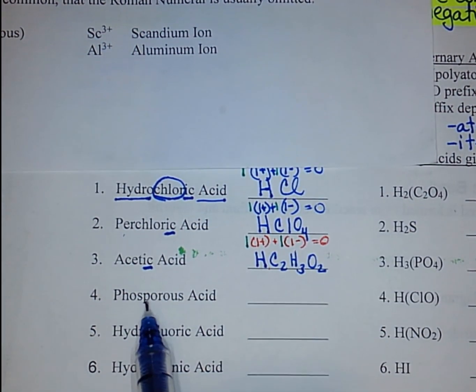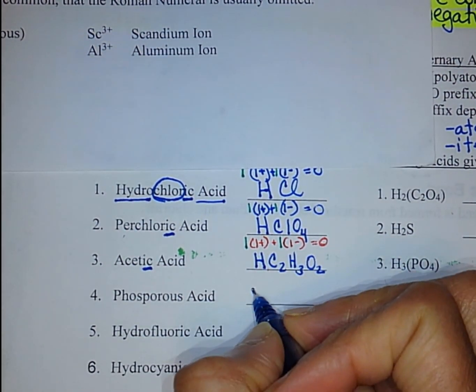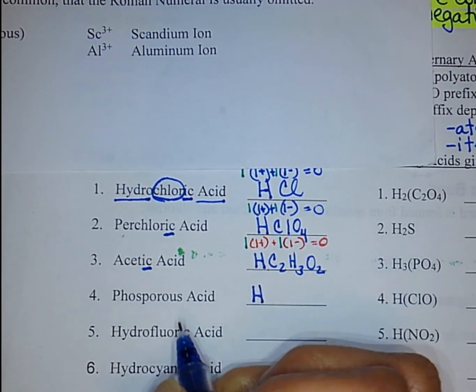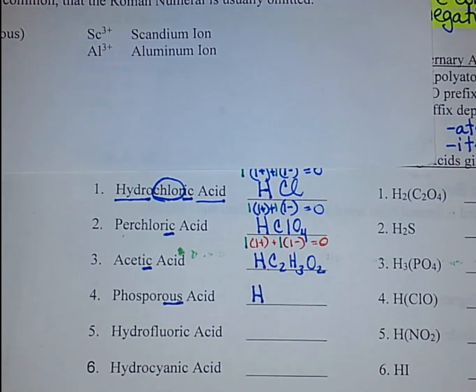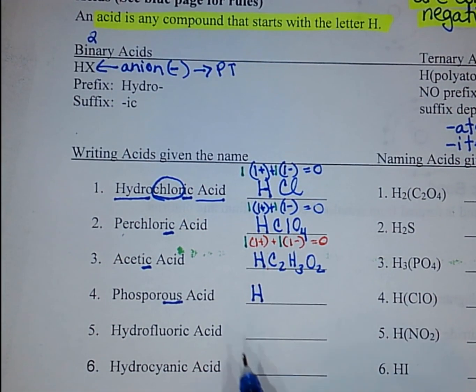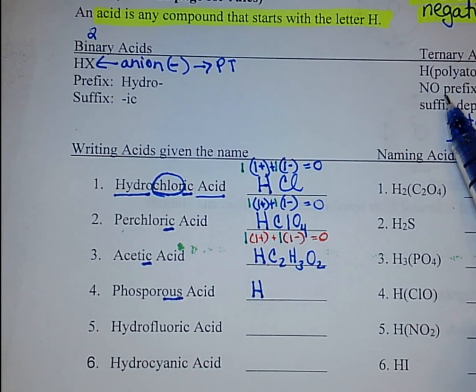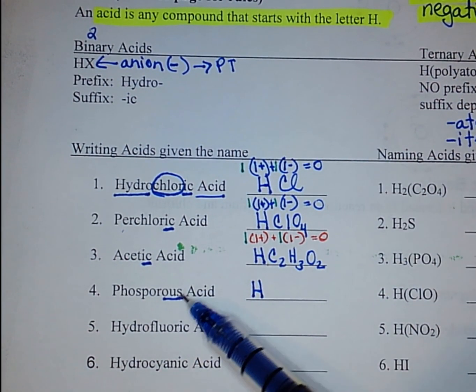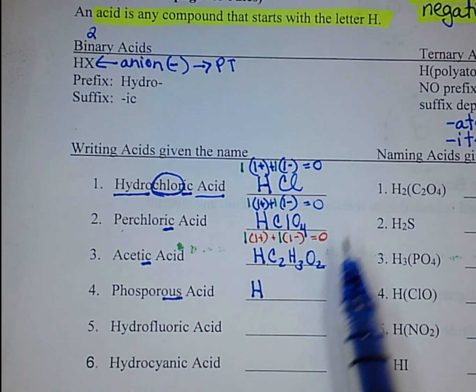This is phosphorus acid. Again, it's got the word acid, so the first thing we're going to write is our H. And then it's got OUS. Doesn't have the word hydro in front of it, and because it doesn't have the word hydro, it's not binary. It is ternary. It's got no prefix, but it's got an OUS. And that means that the polyatomic phosphorite,